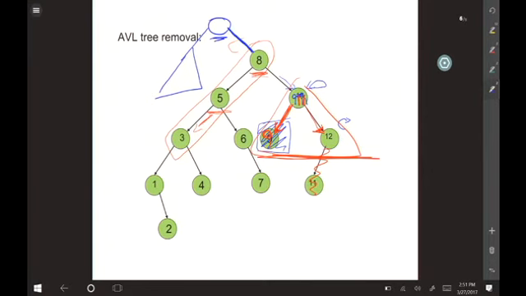Yeah? So when we talk about left, right, rotate, do we need